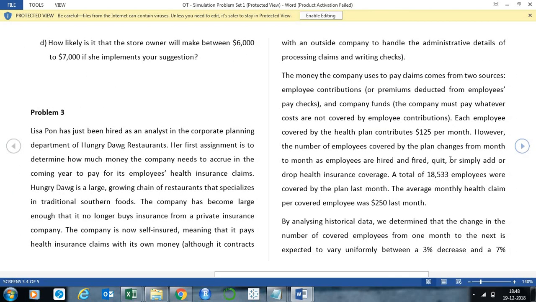The problem is, see this problem number 3. Lisa Pond has just been hired as an analyst in the corporate